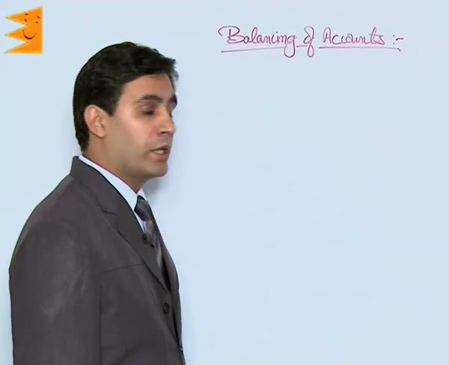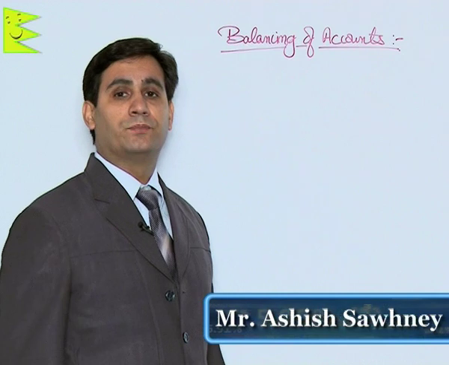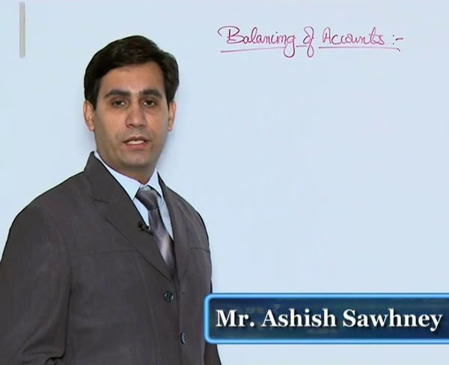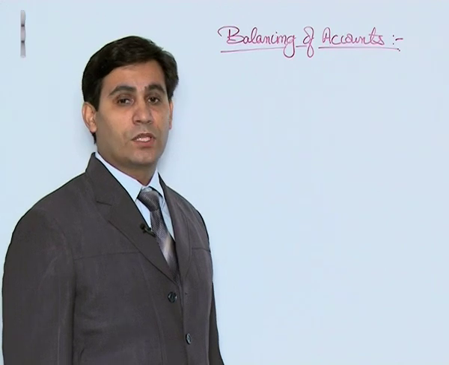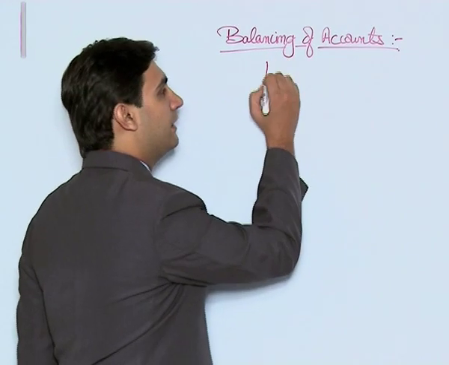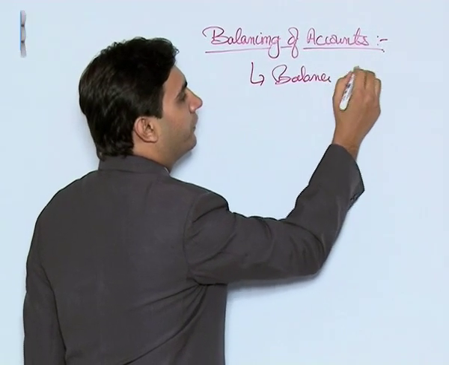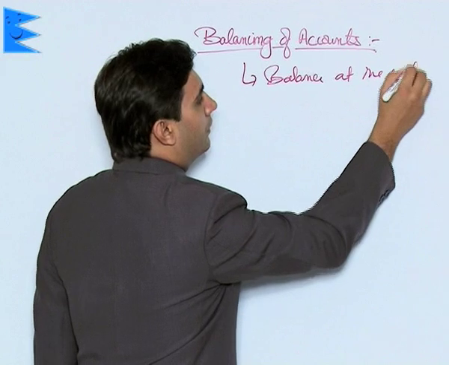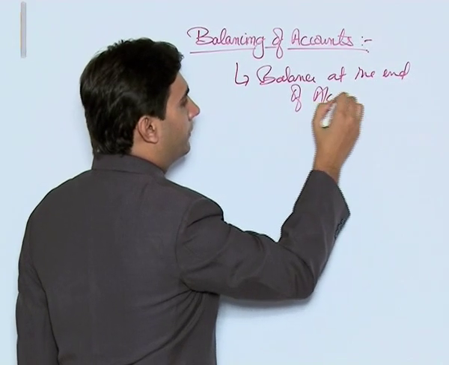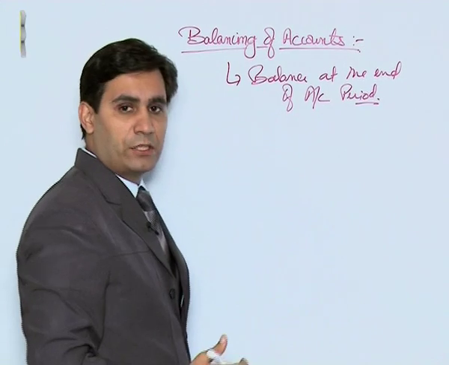Balancing of accounts. Now students, we all know that once journal entries have been passed, they are then posted to ledger accounts, that is on the debit side and on the credit side. So by balancing we mean to find the balance at the end of an accounting period,